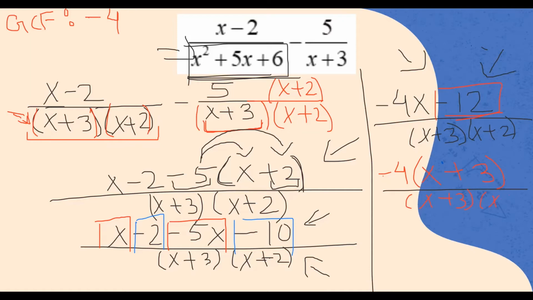Yeah. Thank you for confirming that. And now when you take a look at this, what do you see? X plus 3 should be crossed out. Yep, because that is actually a common factor. So you take them out, you cancel them out because you have the exact same thing in the top and also at the bottom. So then you should just be left with